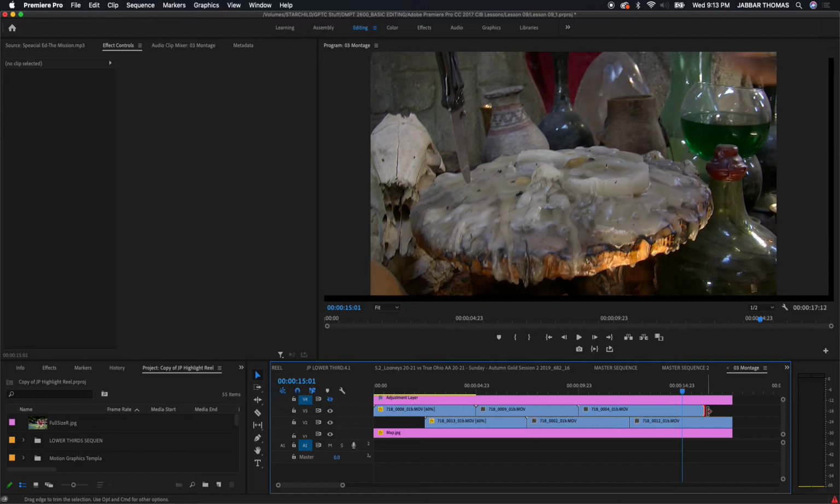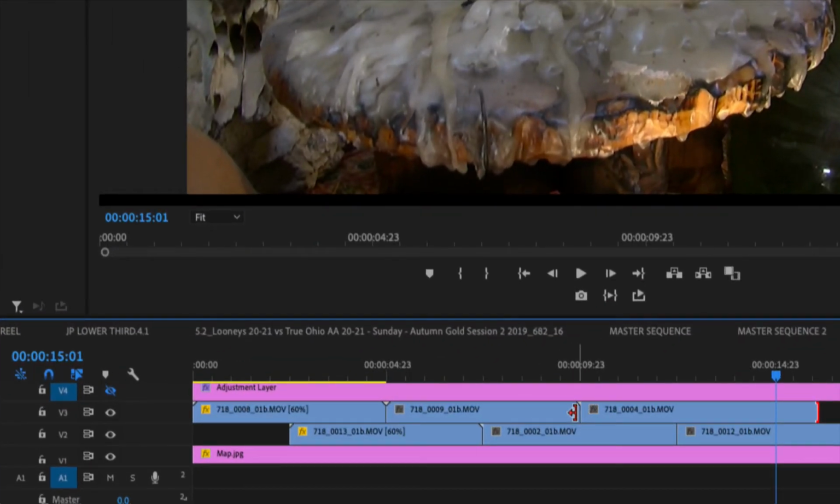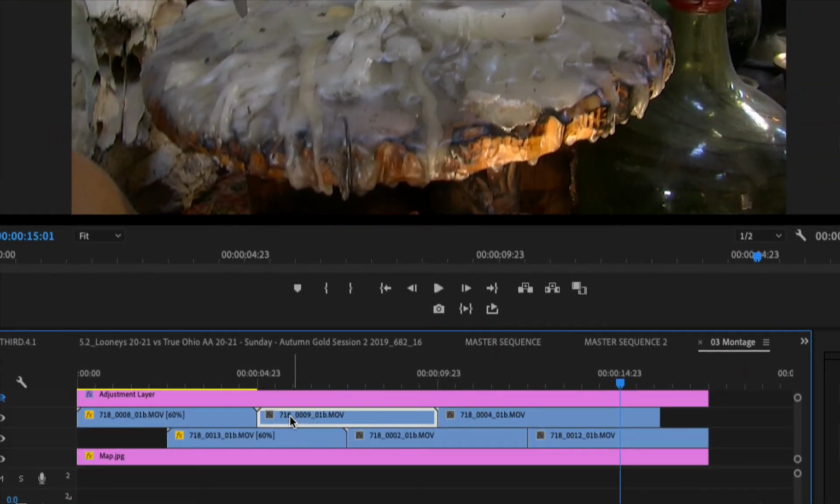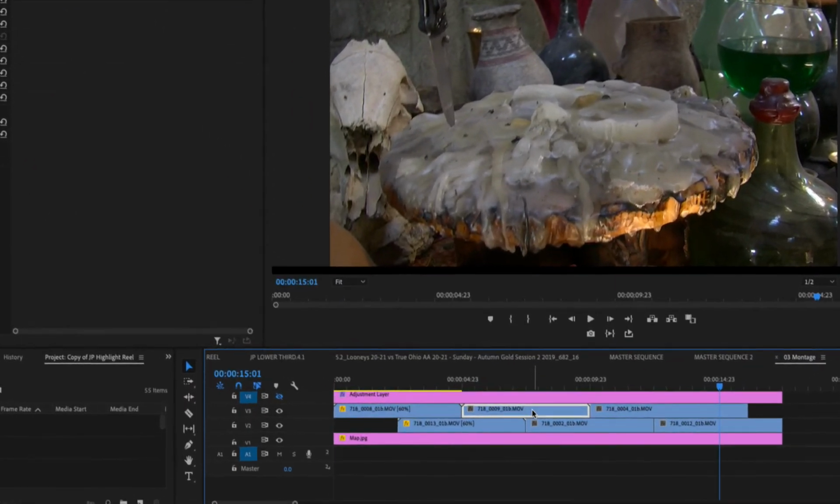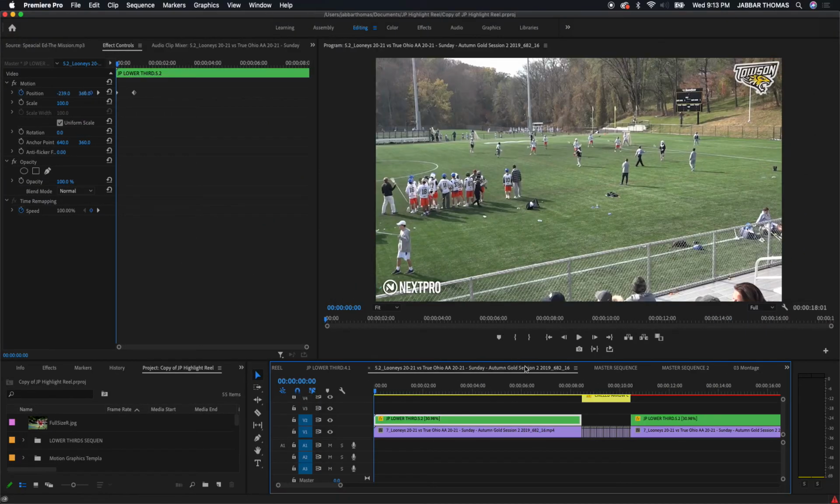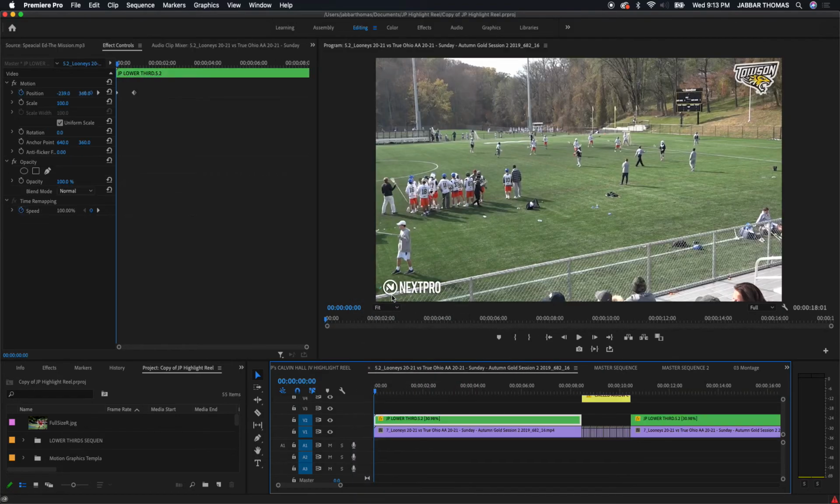I'll tell you one other thing, and this kind of applies to all the trims. If you look at the clip, say, this outgoing clip, 718_0009_01B, you see these little gray triangles at the tail and the head of the clip? What that basically means is that all of the media for this clip is used in the timeline. So that means that there's no additional material that I could use to